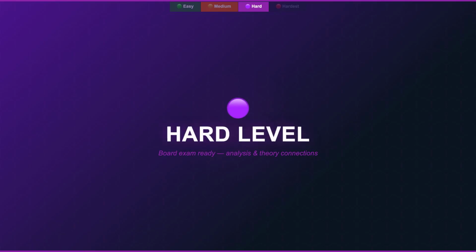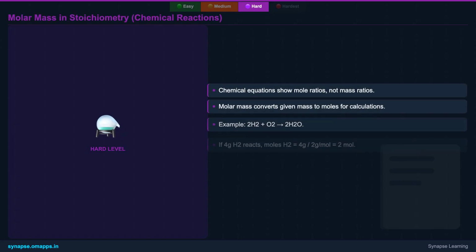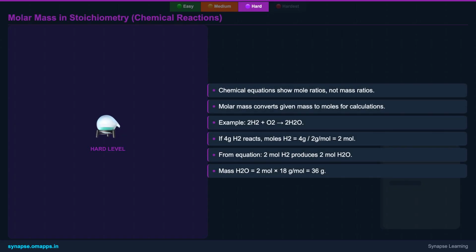The mole concept has deeper theoretical connections and practical applications. When we talk about molar mass, precision is key. The atomic masses listed on the periodic table are actually average atomic masses. This is because most elements exist as isotopes, which are atoms of the same element with different numbers of neutrons and thus different masses. The average atomic mass takes into account the natural abundance of each isotope.